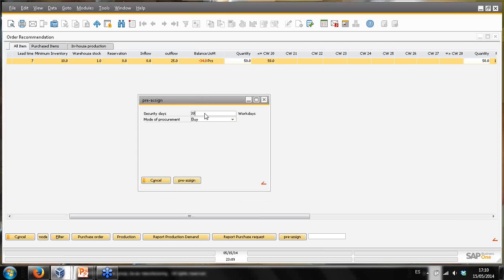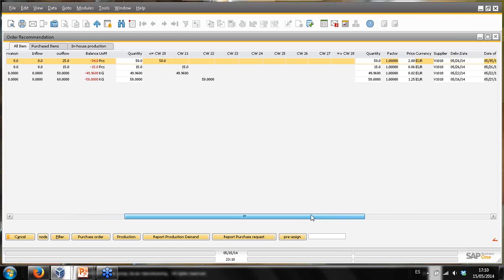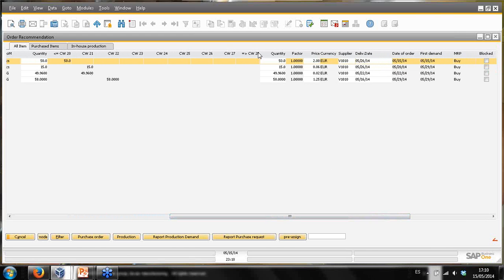This is valid not only for purchasing, this is also valid for production. If I click here, then you see the system is considering all the balance for everything you need to purchase for the next 20 days. If I go to the right, then you see the quantities here, the balance. You see the price. This is because of the predefined supplier, but you can change the supplier and therefore change the